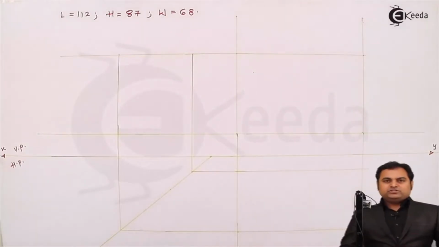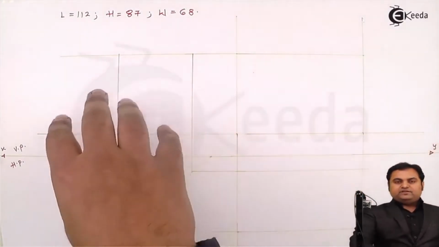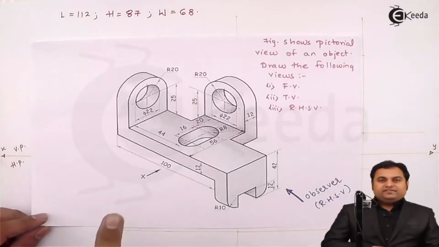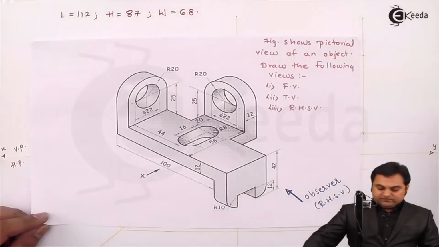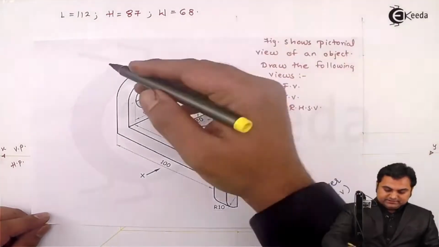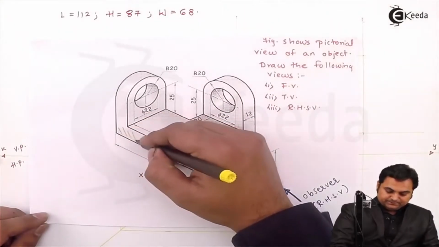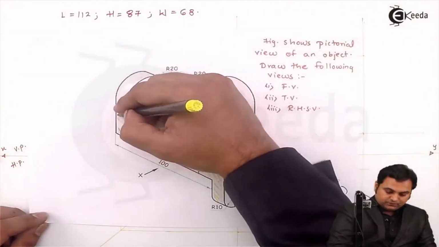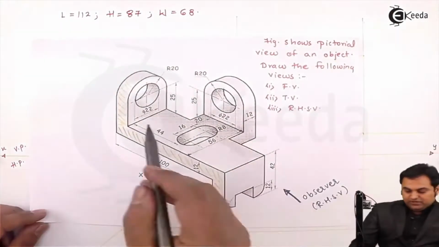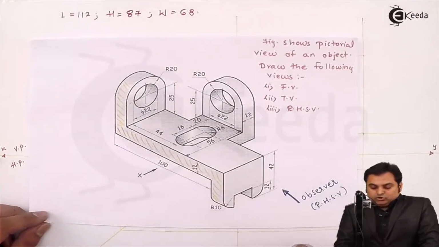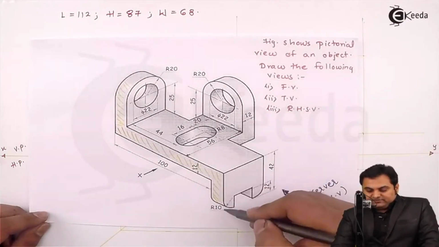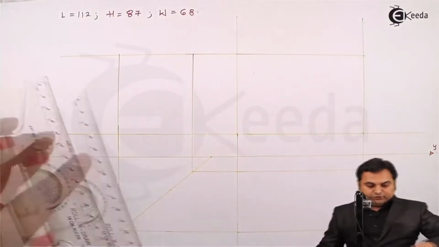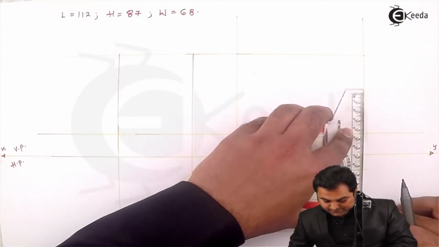So once we have understood the spacing, that is front view, top view and side view, I can start with the drawing. First, starting with the front view, when I'm looking as an observer from the front, the first thing which is close to me is this plate and these vertical plates. So I have to draw them. They would be appearing as rectangles to me. From the right hand side, this rectangle has a height of 42 mm. So I'm taking a height of 42 mm from one side,